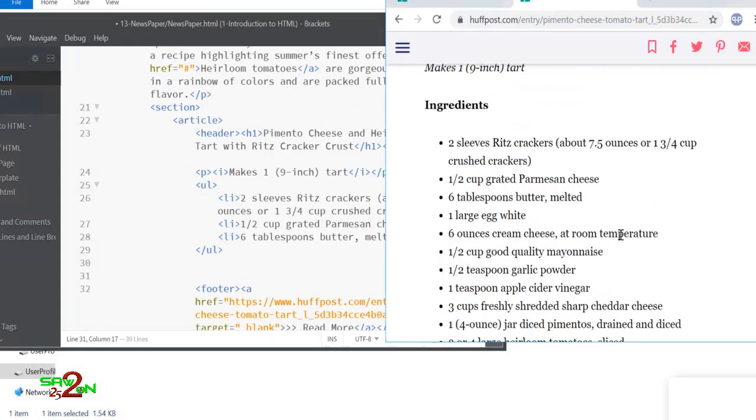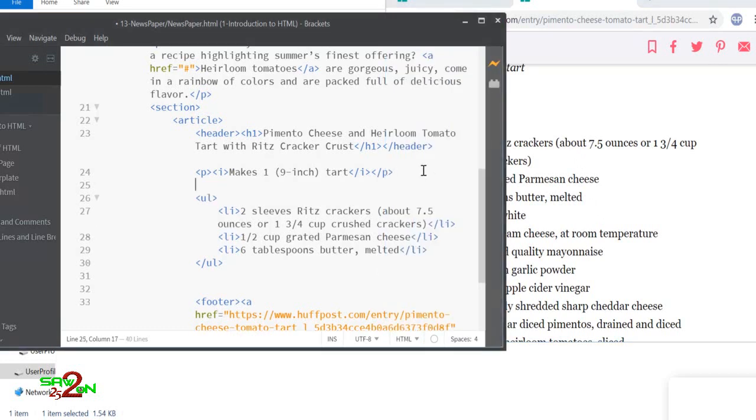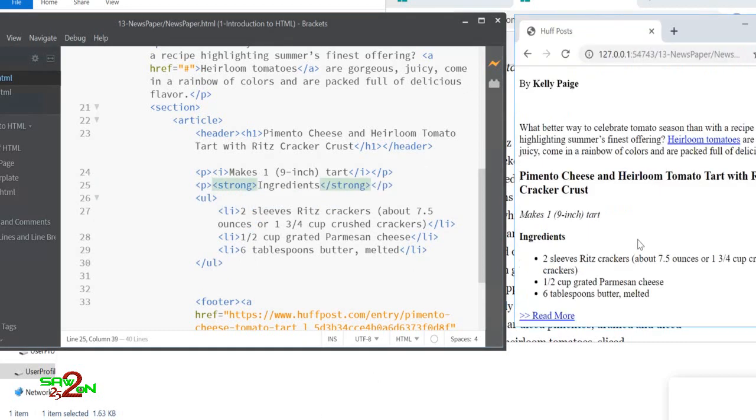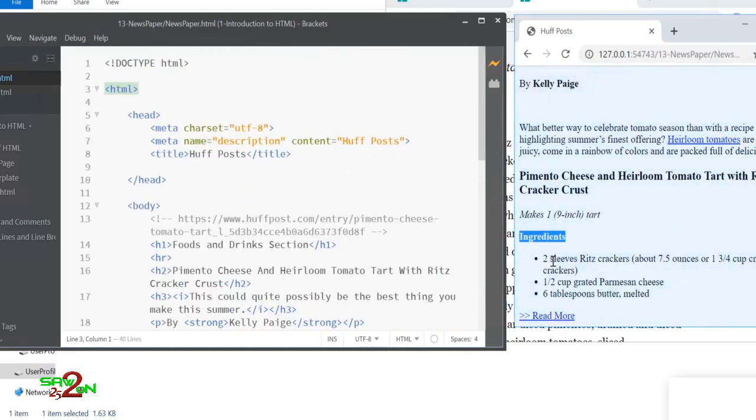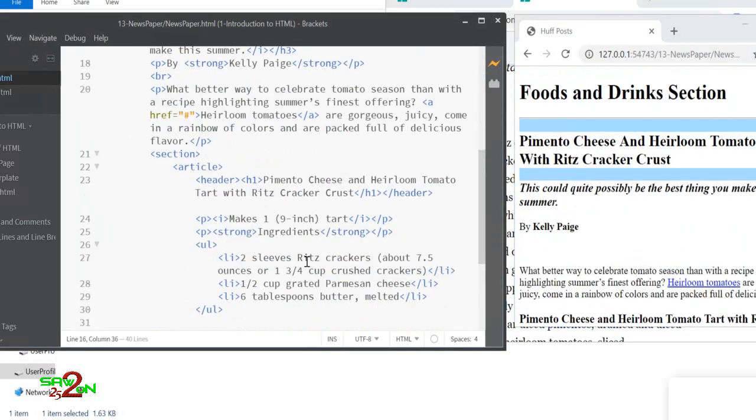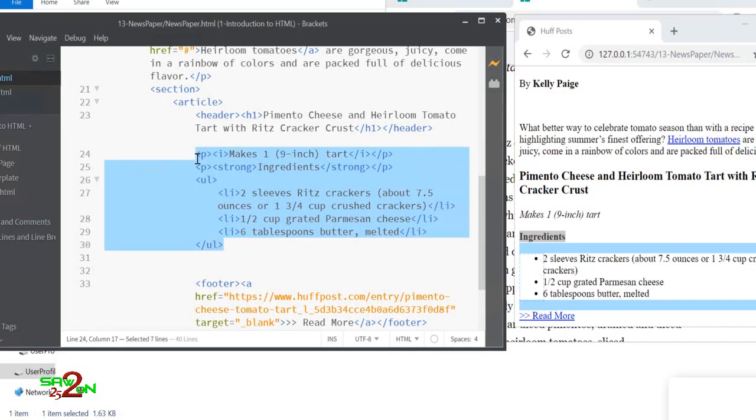Then next is we can add ingredients. That's basically this one. So what we can do, we can add a paragraph and we can add strong to it, right? So you have here your ingredient and then your unordered list. Okay, similarly we can copy paste this.